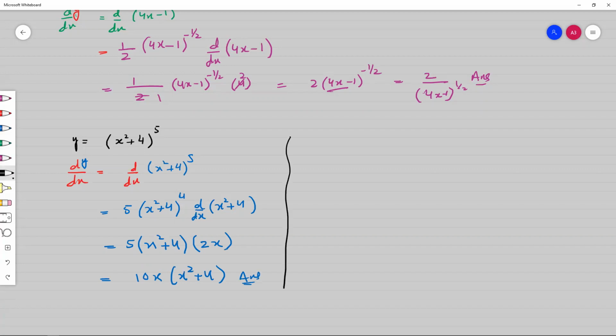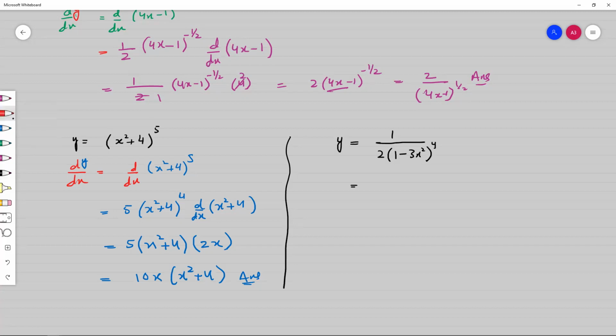So now let's consider some more examples, like y is equal to 1 over 2 into (1 minus 3x square) whole power 4. So how do we differentiate this? First of all, convert this expression into standard form, because the standard form is the formula of (ax plus b) power n. Because this expression is in the denominator, first we have to shift it to the numerator.